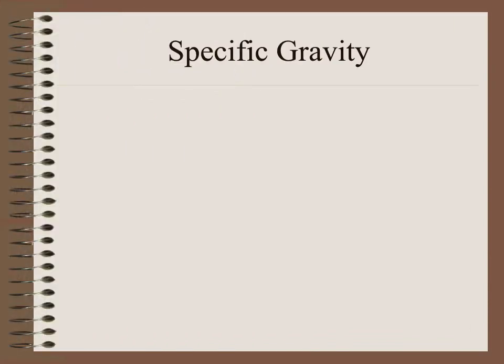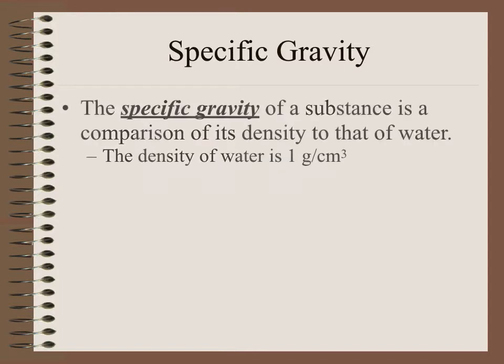Now, we can mathematically determine whether an object will sink or float based upon what we call an object's specific gravity. The specific gravity of a substance is a comparison of its density to that of water. The reason that we compare this to water is because water is the substance that we are most concerned with things floating in. The density of water is 1 gram per cubic centimeter, so we are comparing the substance's density